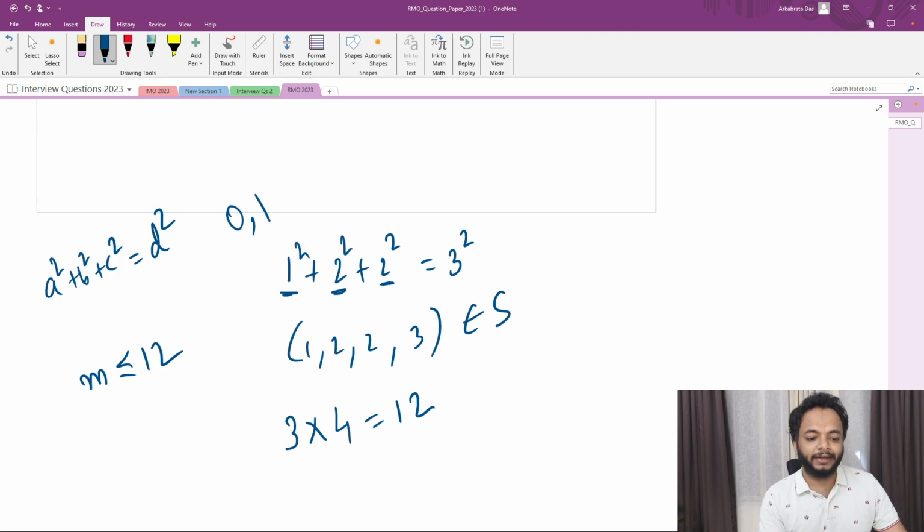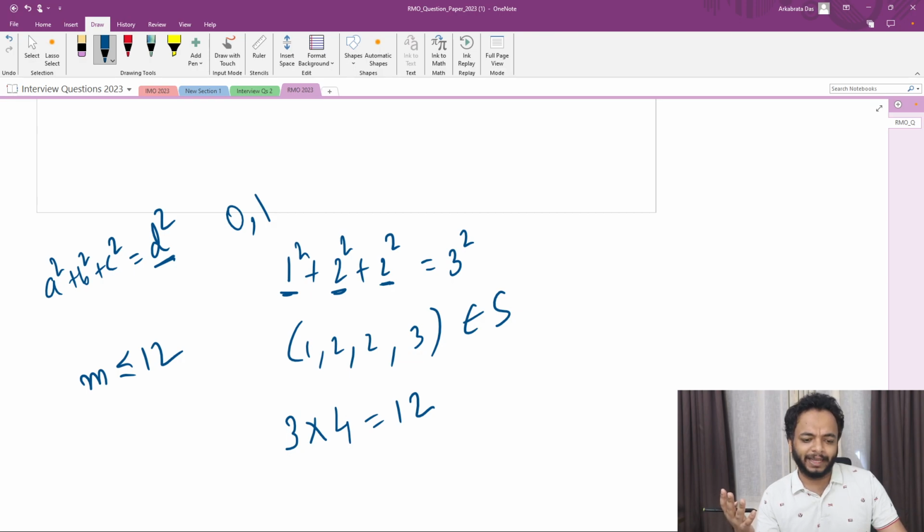On the left hand side, the right hand side could be either 0 or 1 modulo 4. So the left hand side combination also has to be such that the sum is 0 or 1 modulo 4. But now you see that if the left hand side has to be 0, then all three have to be 0, which shows that all of them are divisible by 4, but I just need 2 of them to be even. So anyways,